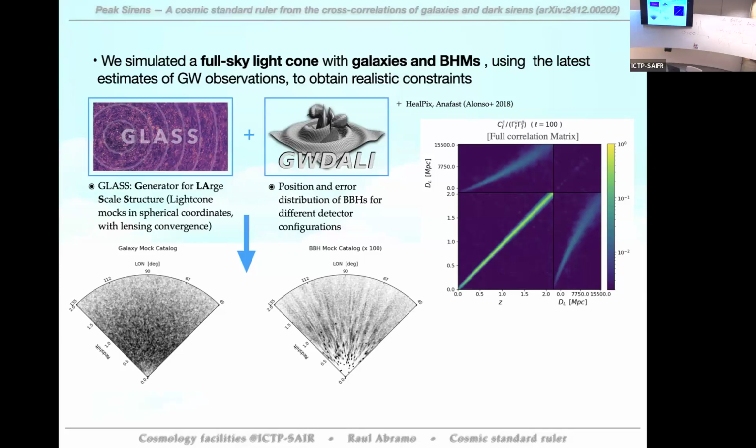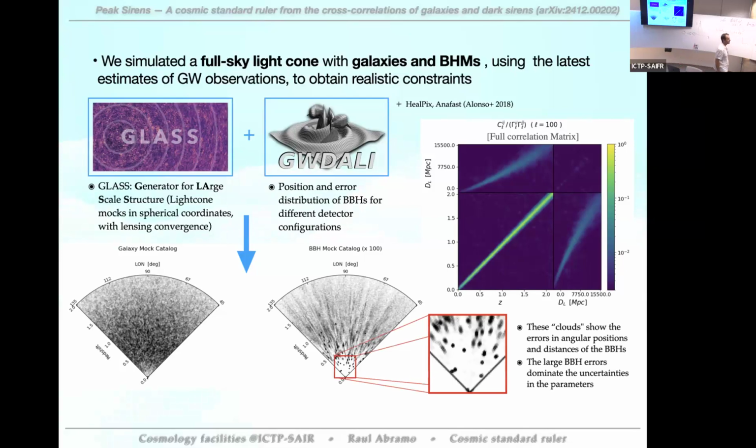As a side, we take out the galaxy every time a black hole appears there, but we don't really have to do it. These blobs here are the precision with which we know the positions and distances,